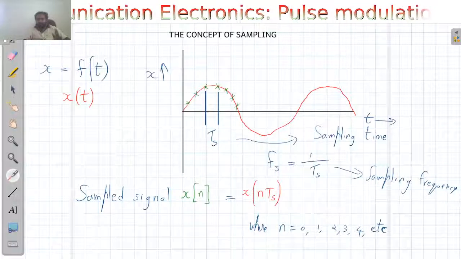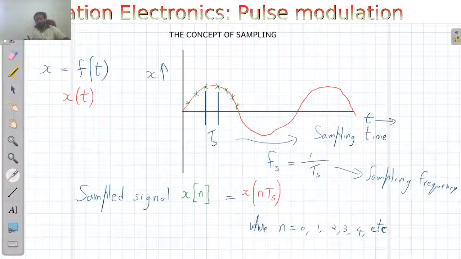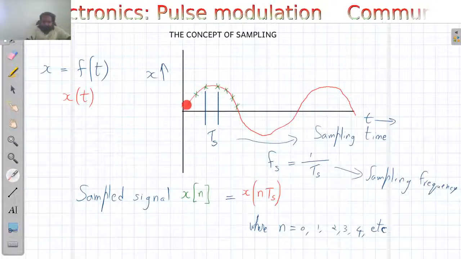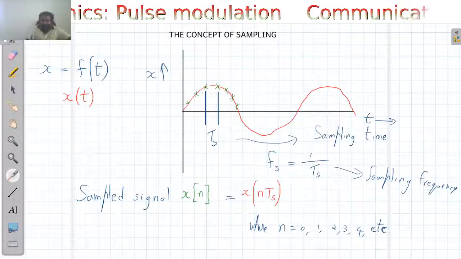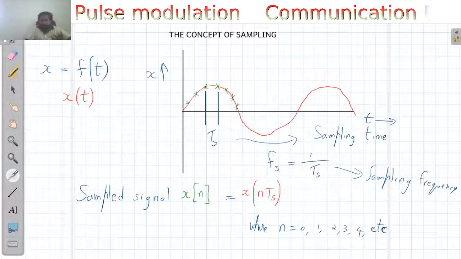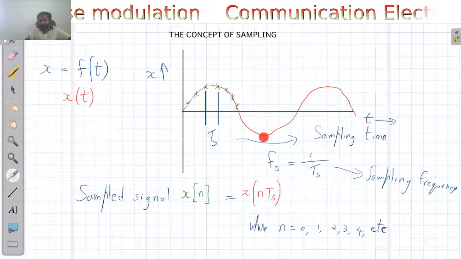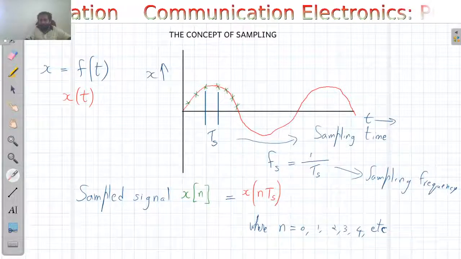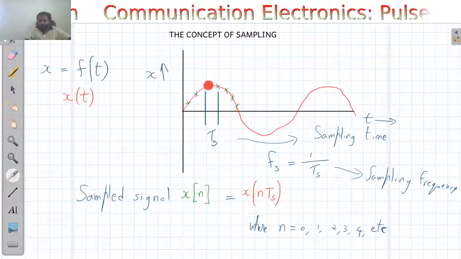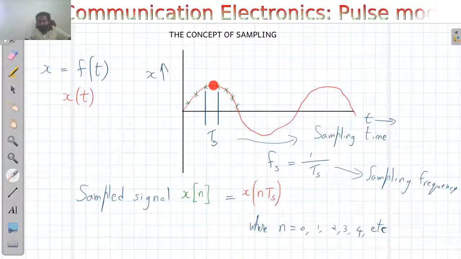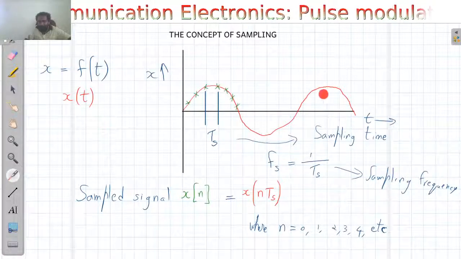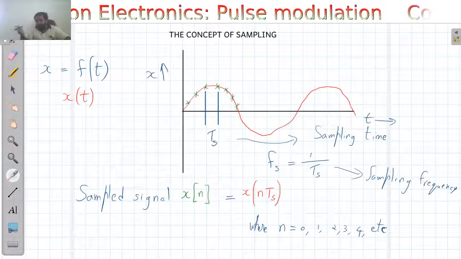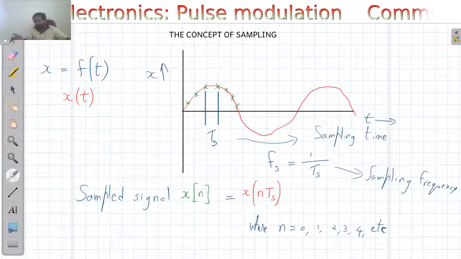Why it is significant is that in order to reconstruct, we need to have a lot of points here. Suppose you are having one point here, the next sample comes here, and the next point comes here. What will be the waveform that you will be getting? You will be connecting this dot to this dot and then to this dot. You will not get a sine wave. So the entire purpose of transmission has failed then.